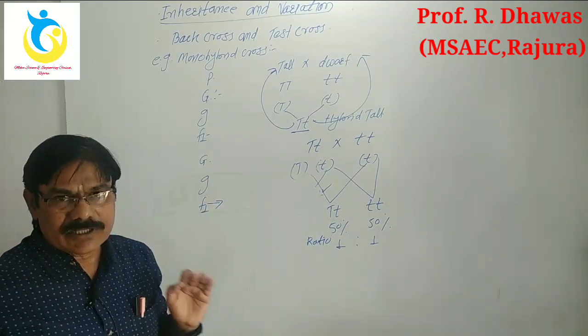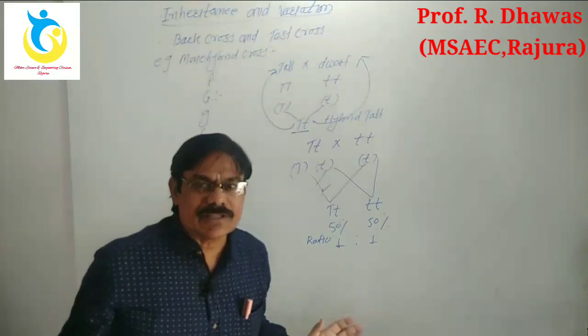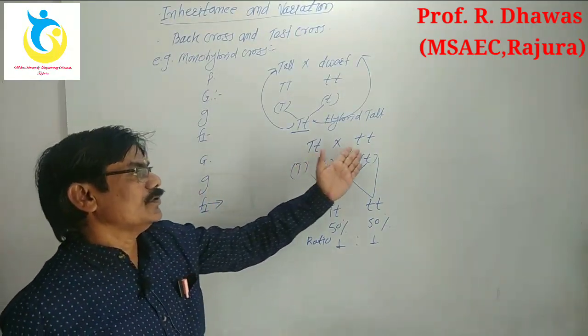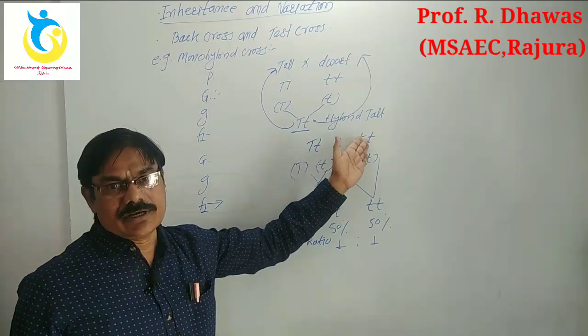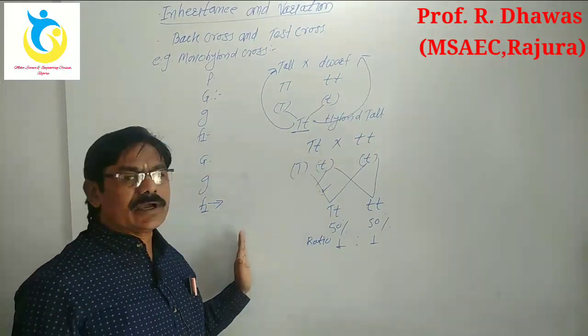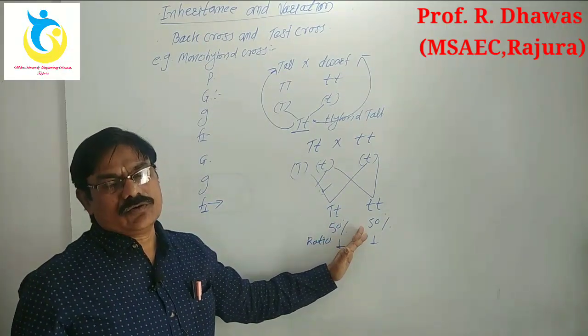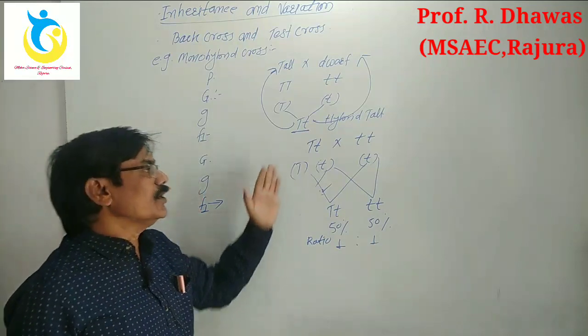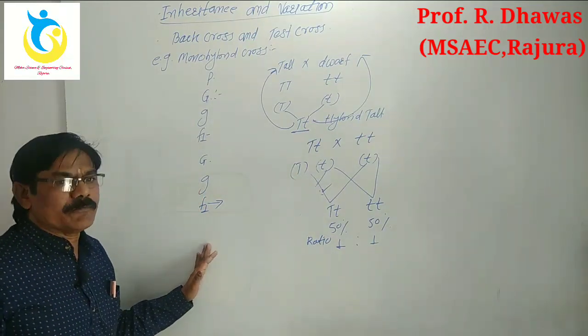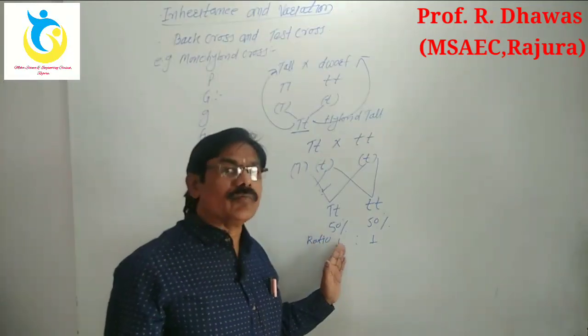The third thing is that this method is an easy method, as we cross the F1 hybrid with that of a dominant recessive plant. Easy method, easily the cross will be carried out and we find out the results of this one. This is the third thing. The fourth thing is a very much improvement of the crop plants to increase the vigor of the crop plants.